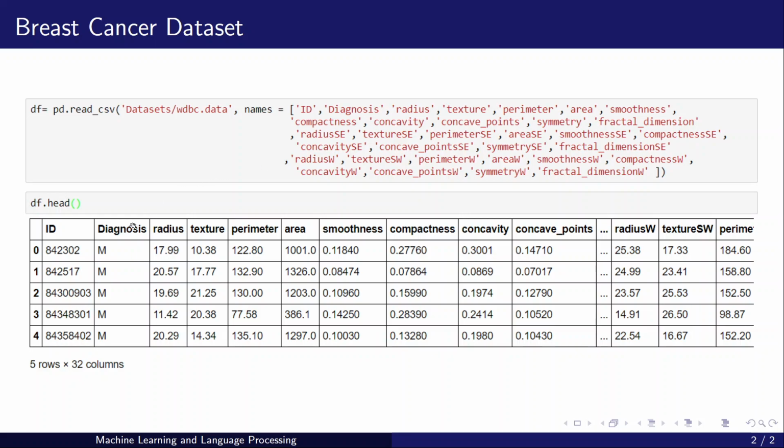These are the columns or features in the dataset: ID, diagnosis as malignant or benign, positive or negative, radius, texture, perimeter, area, smoothness, etc. So many features are there in this dataset. We'll be using some of the columns, and by using this dataset we'll try to implement the k nearest neighbor algorithm.